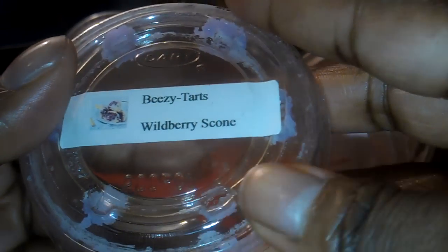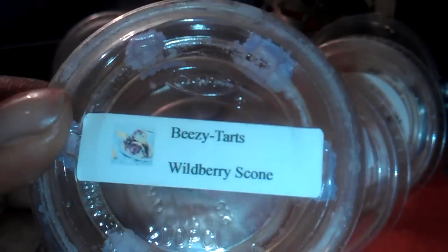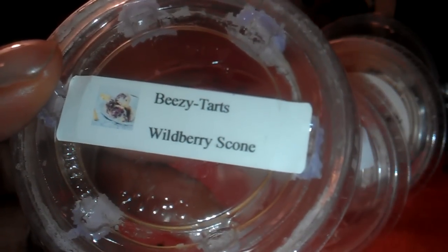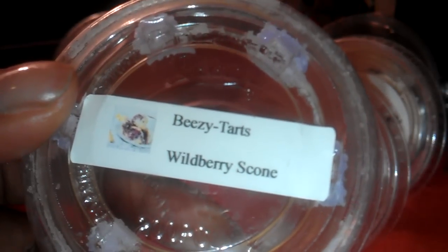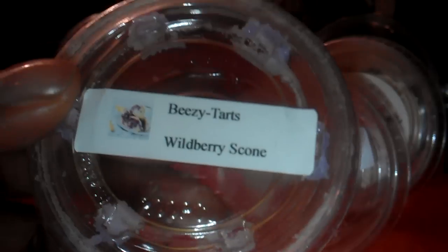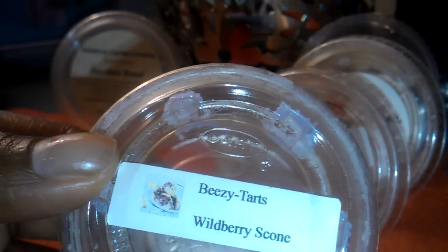I think my preference would be Wildberry mousse, though. I mean, this was good, and I got good scent throw from it. But I think I'm just really hooked on Wildberry mousse scents, so this wouldn't be my favorite. But I would definitely repurchase and melt this again. But if I had a choice between Wildberry mousse and Wildberry scone, I would always go for Wildberry mousse